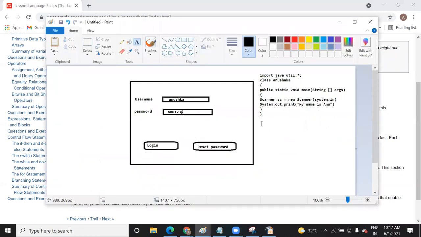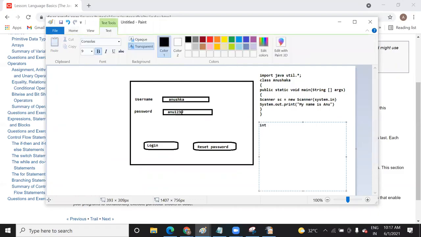For example, there are different kinds of data types like int, float, double, boolean, character, string. These are the data types. A data type tells what kind of data is held by a variable. So we write int, float, double, boolean, character, and they have a fixed size and a fixed range of values supported.